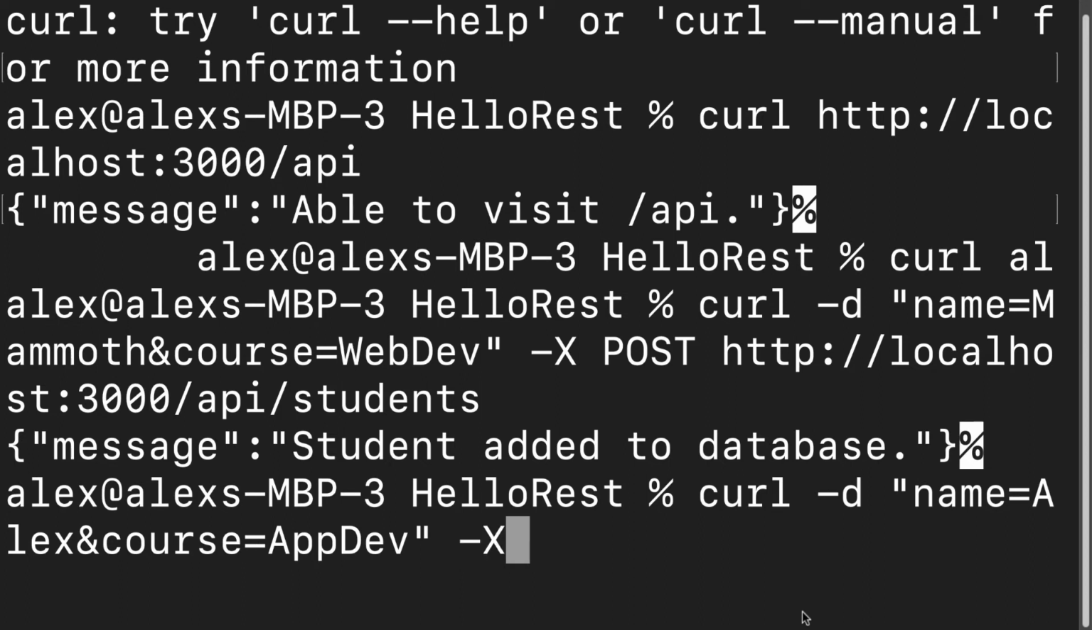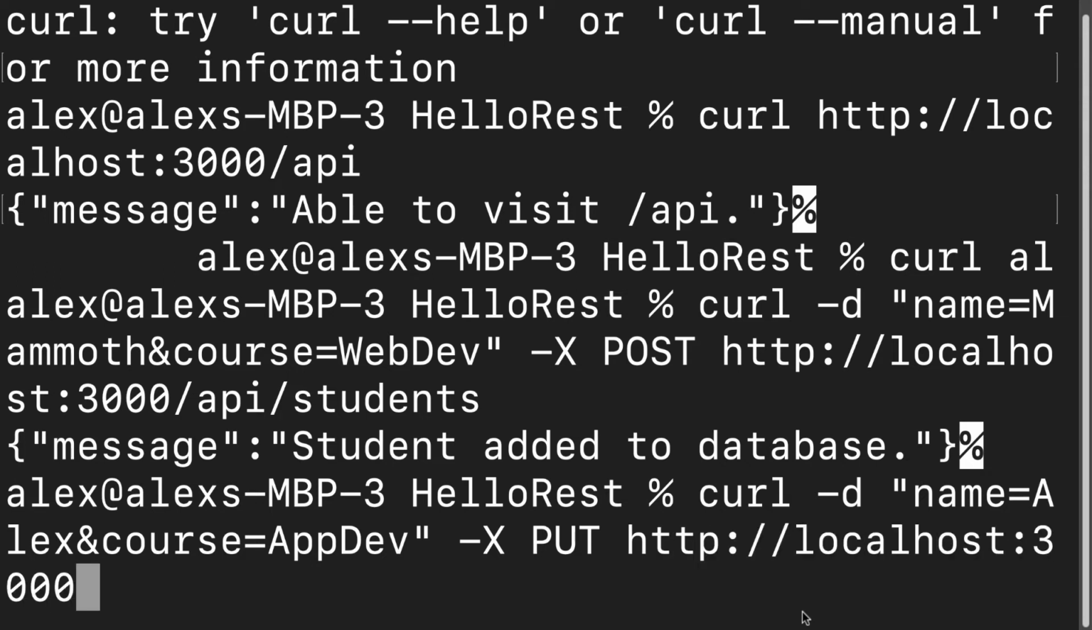Next, we have to specify the type of HTTP request. So we use a -X, capital X, to specify that what is coming next is the type of HTTP request, which is a PUT request. Following that, we need the route. So you'll see a pattern here with our request types. Next up, we need the route, which will be http://localhost at the port that my server is running on, then